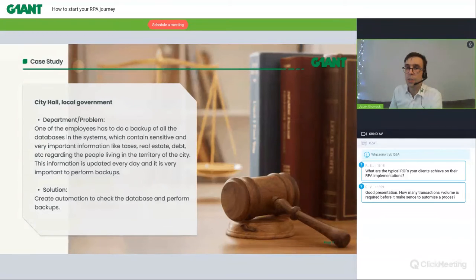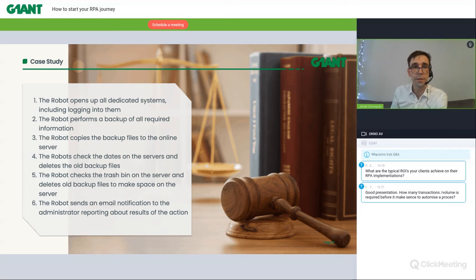This information needed to be backed up and updated every day because it was very crucial. So the solution was to create an automation, a robot using our solution, to go and check the database every day and perform backups. And step by step, it looked very similar to the last process.